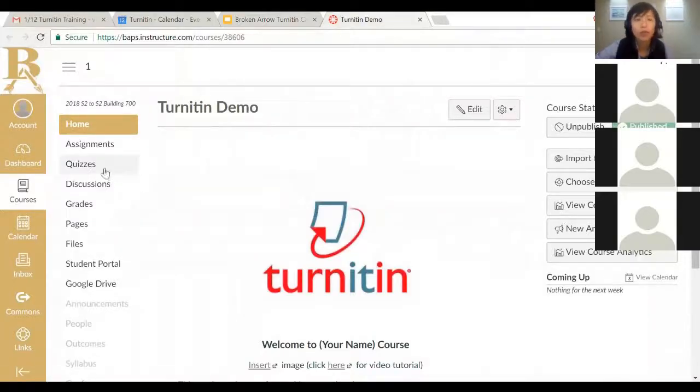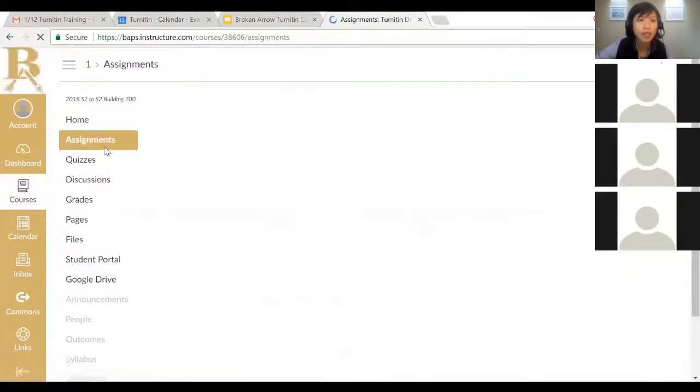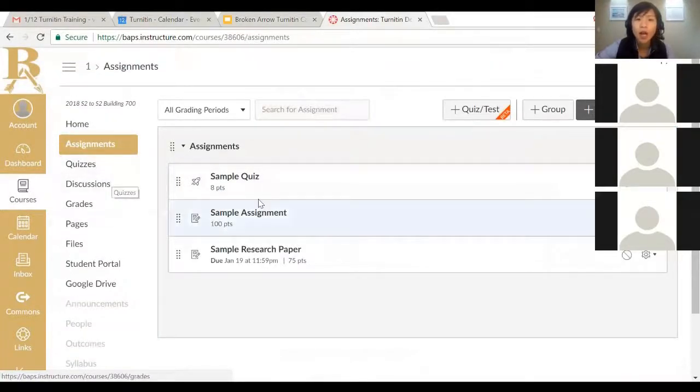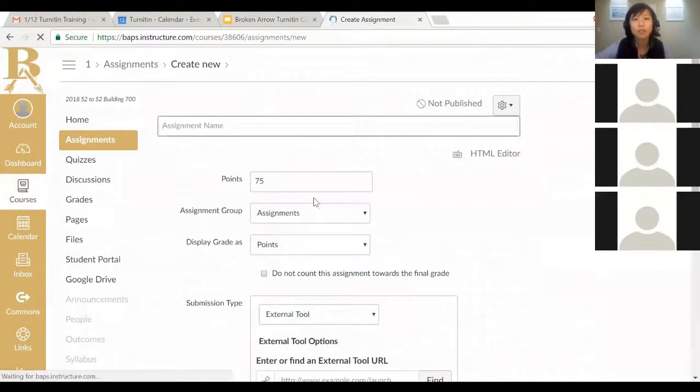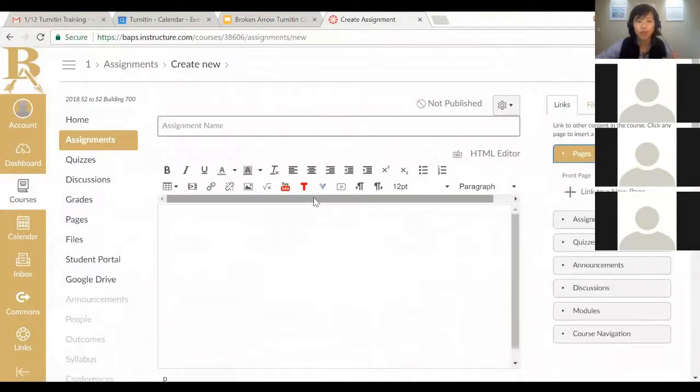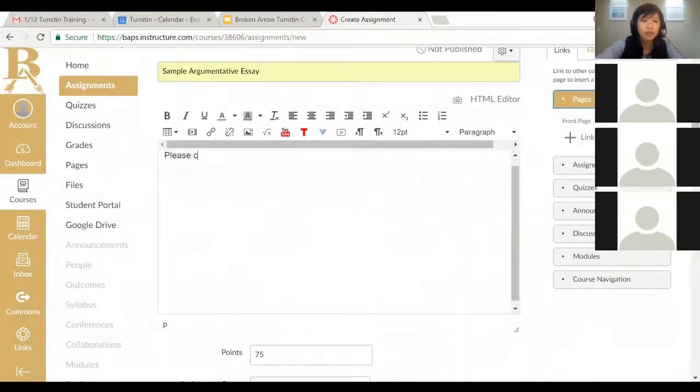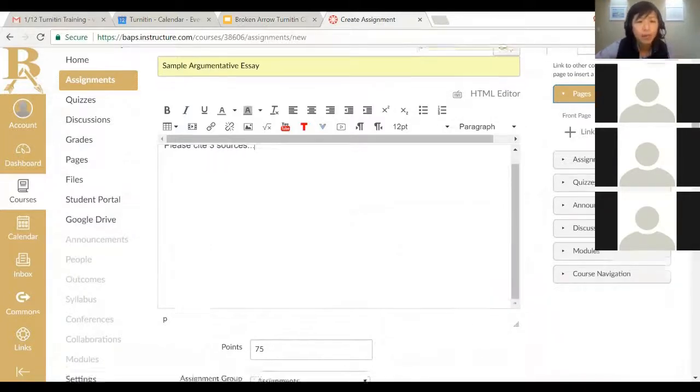I'm in the teacher mode right now, and I'm navigating to my assignment section. I've already created an assignment here, but what I'll do is start by creating an assignment. And like I said, all of these settings are normal Canvas settings, right? So I'll do a sample argument essay. And underneath, you could say, please cite 3 sources, whatever, MLA format,